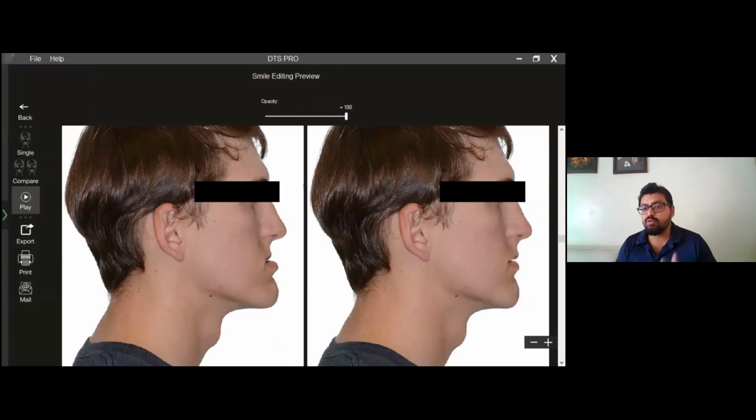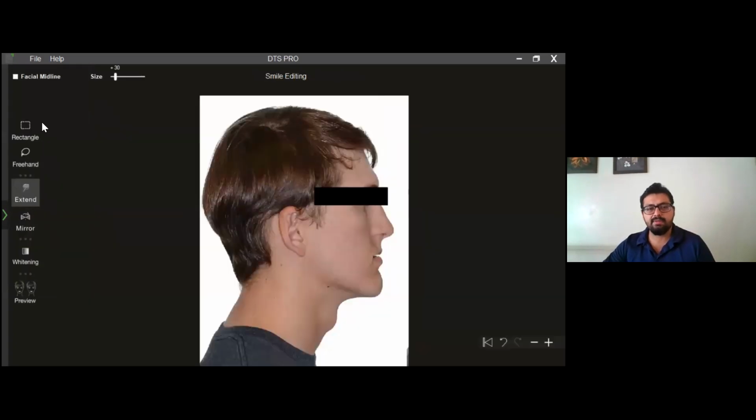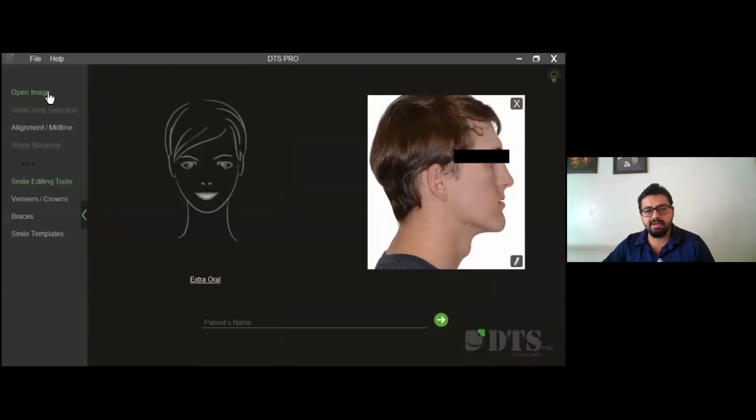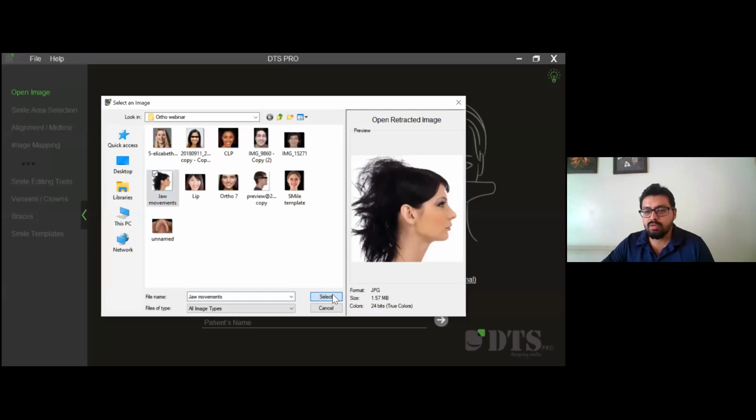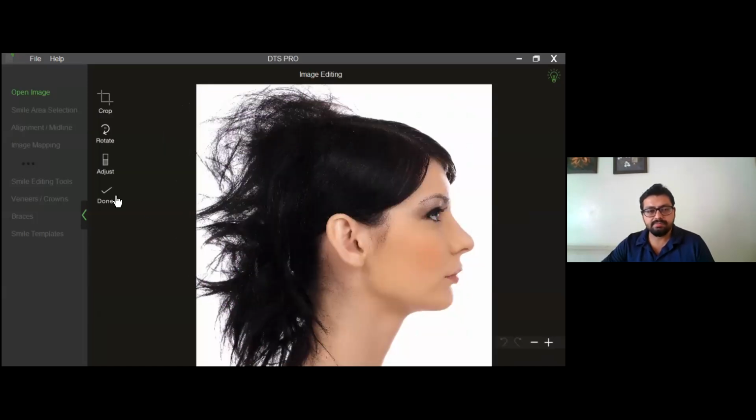We can of course do measurements and check the amount of changes that I'm making here, but this is the initial pre-visualization as we were just discussing. The same thing can be done the other way around. This is a class 3. A similar simulation I can of course do on a patient with, say, a class 2 and try and simulate